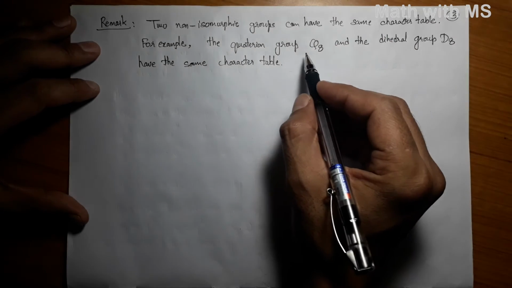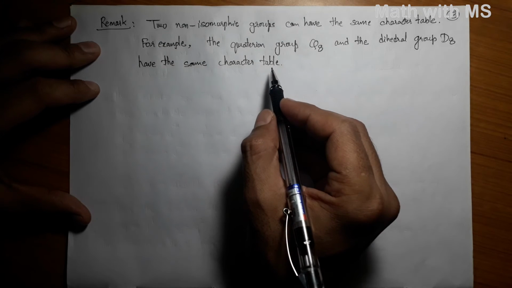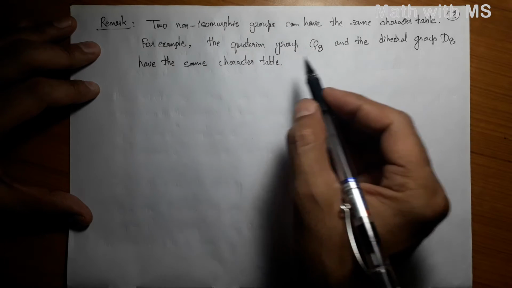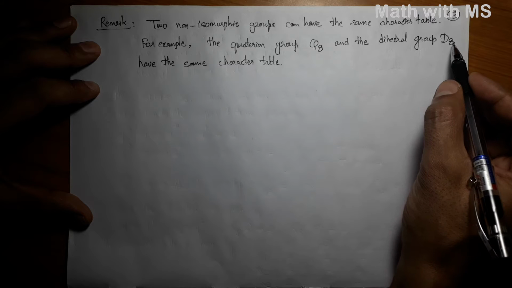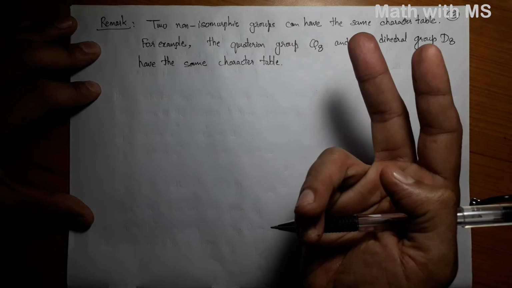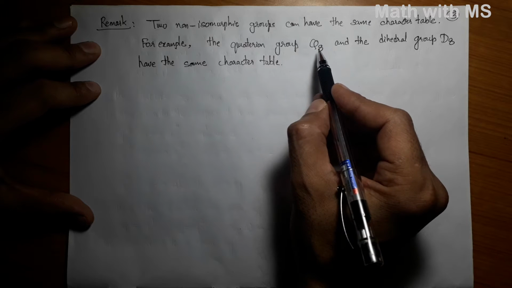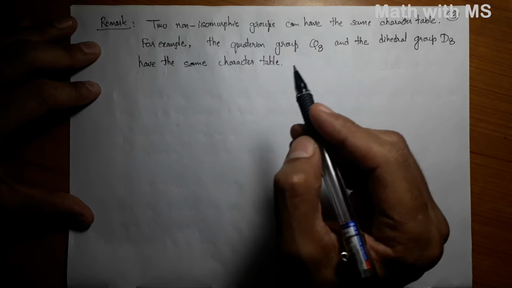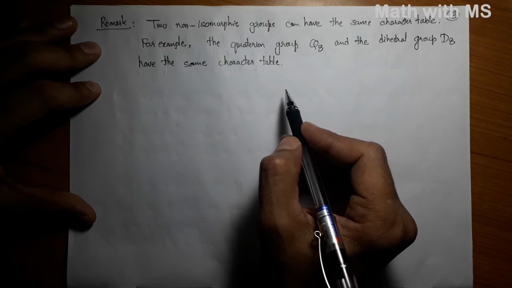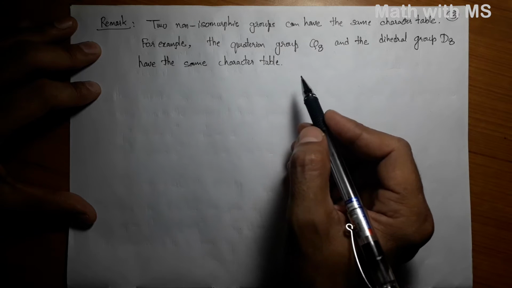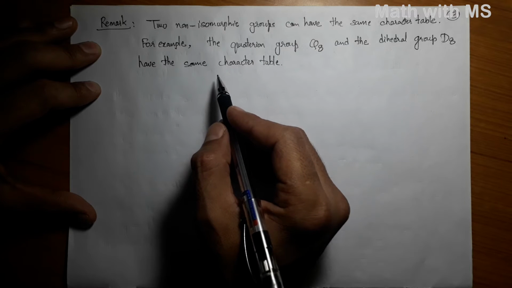So why are the quaternion group and the dihedral group not isomorphic? An easy check shows that the dihedral group D8 has precisely 2 elements of order 2, whereas the quaternion group Q8 has exactly 1 element of order 2. So they are not isomorphic, and to show that they have the same character table,